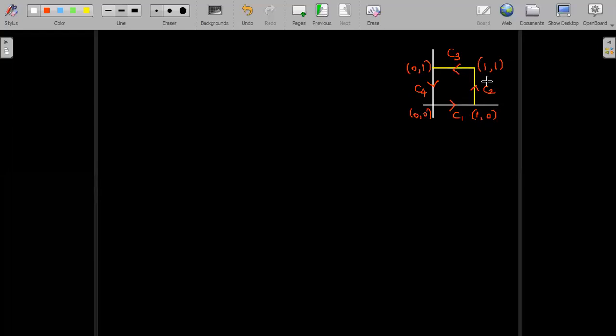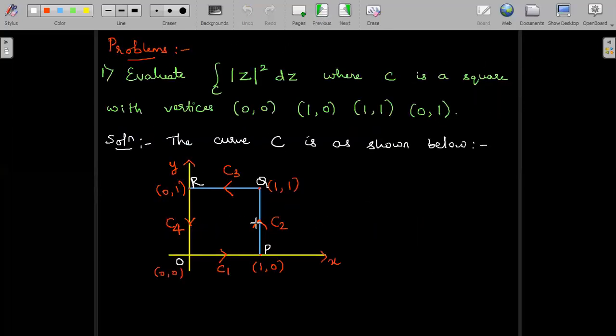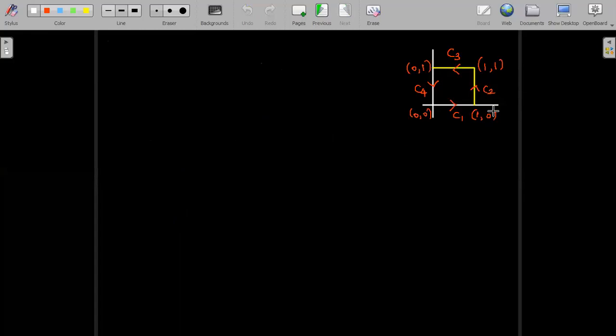Now just for convenience, I've written the figure once again here instead of going back every time to the previous page. Whatever figure we saw there, the same thing I've represented here in the next page, because every time I have to look into what the curve C1 represents and what is the equation of that line and solve further. Okay, we'll see that one by one.